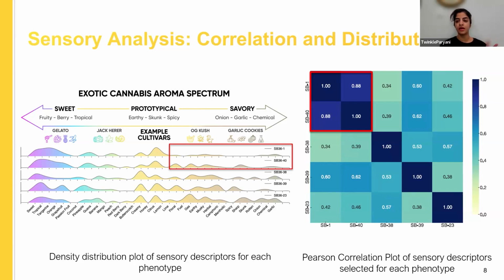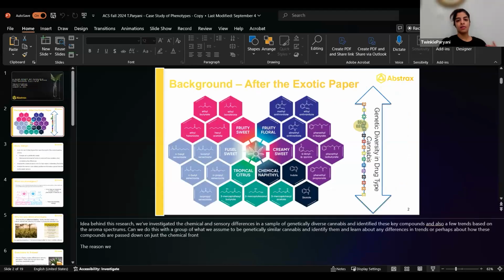So Ian's paper, actually, I have one more slide I can share that shows some of the compounds that we discovered in the first paper, and then I can jump into the compounds we're discovering in our new paper. So in this slide, here are the compounds that we identified in the first exotic paper.